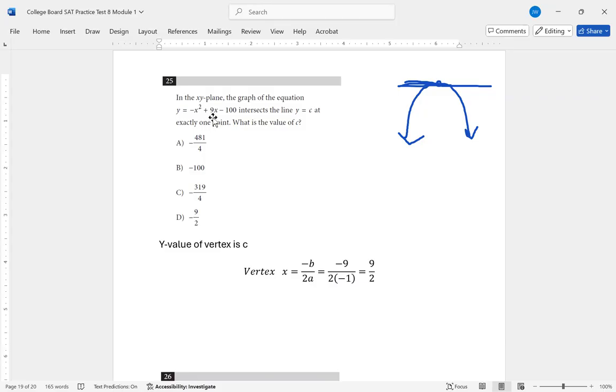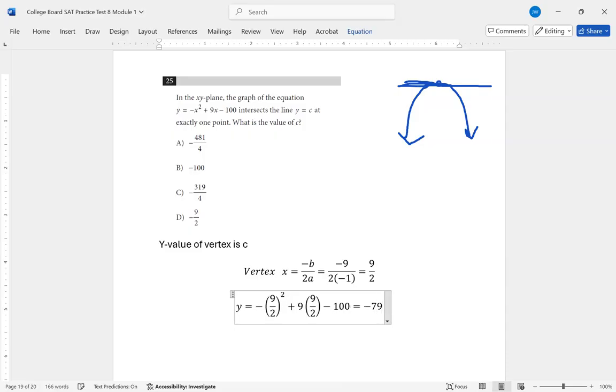And now we're going to find the y value of the vertex. The way I find the y value of the vertex is I just plug in the x value into my quadratic equation. So negative x squared becomes negative 9/2 squared, plus 9 times x becomes plus 9 times 9/2 minus 100. This is something I would plug into my calculator. My calculator would give me a negative 79.75,